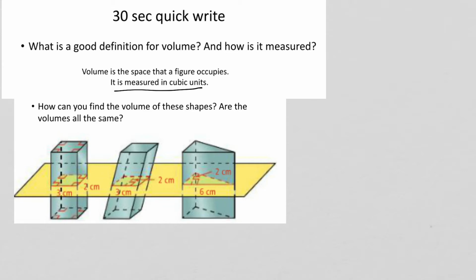Take a look at these three here. All the volumes are the same here. The first one here, they're cutting all three of these through so that we could see what the base looks like. If you notice, they all have the same thing. So if I wanted to find the volume of a prism, it's going to be,